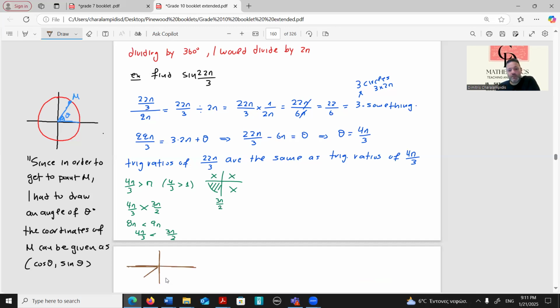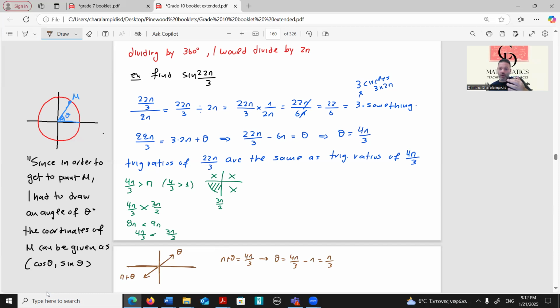The angles on the third quadrant are of the form in radians of pi plus theta, where theta is the corresponding angle on the first one. So, if pi plus theta is 4 pi thirds, this means that theta is 4 pi thirds minus pi, which means that it is equal to pi over 3,